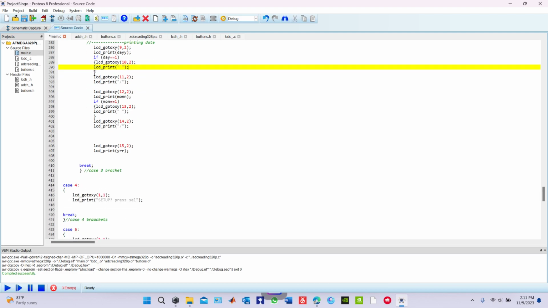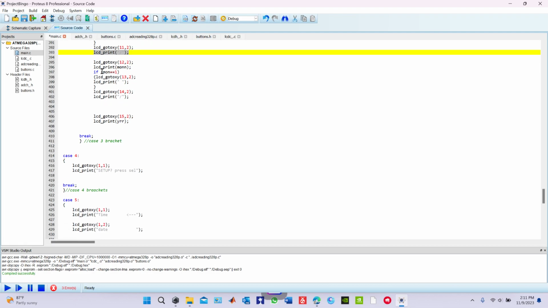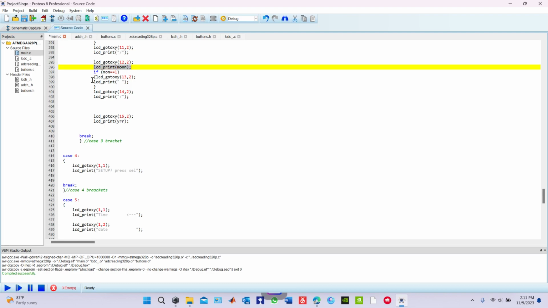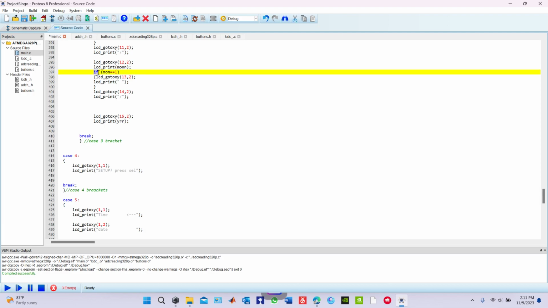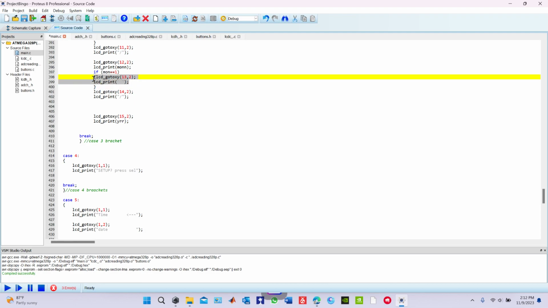So you don't need to worry about that. This is a slash between the date. You print the month that we are in. This part is another formatting, because when it goes from, say, December, which is 12, 2 characters, to January, which is 1 character, because January is the first month,